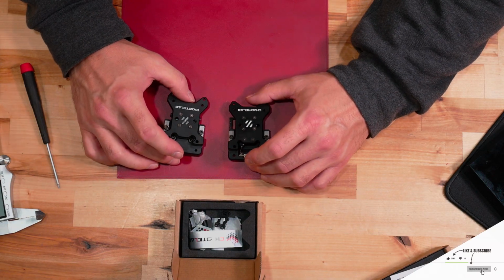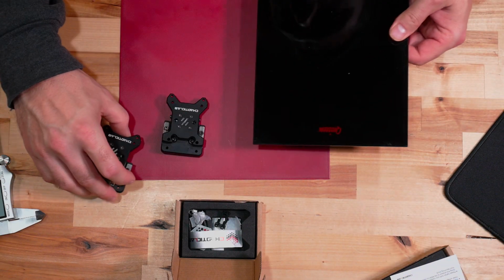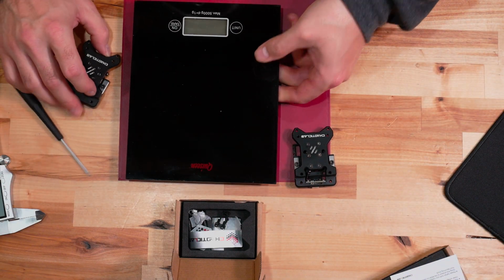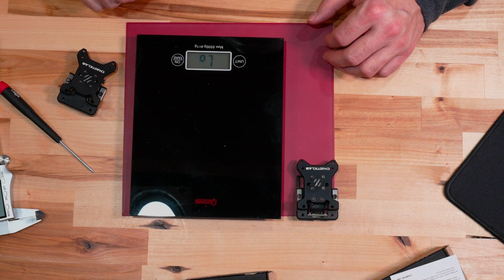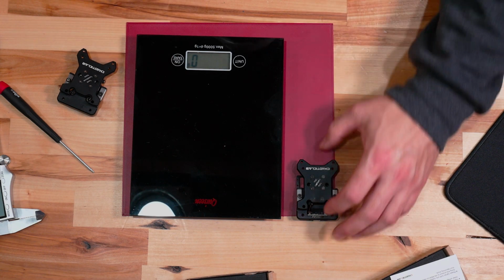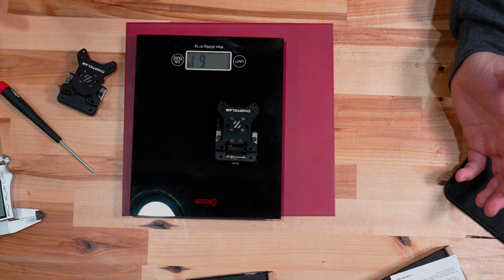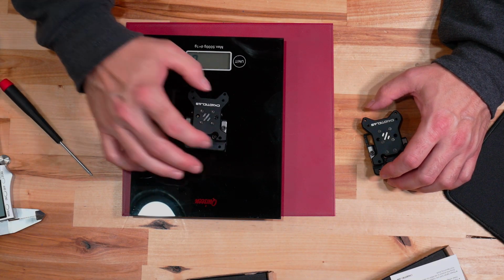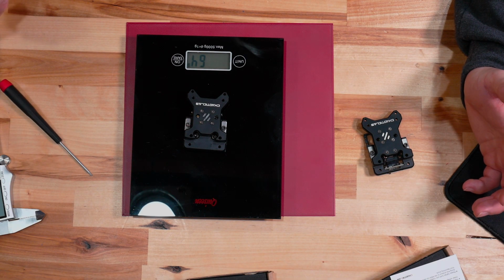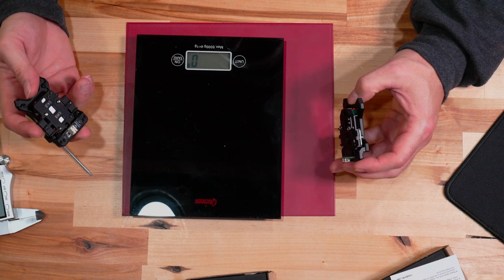So actually, before I do that, let's weigh the difference. Let's see if these weigh anything different. I almost forgot to do that. So let's grab the scale out real quick here. All right, so this is the version 1, and I'm measuring it at about 61 grams. And the version 2, 64, 65. So slightly heavier, and I'm going to guess that has to do with the additional screws that they gave you here,